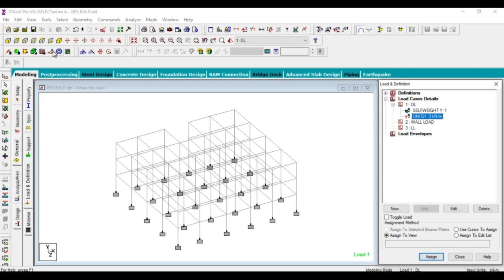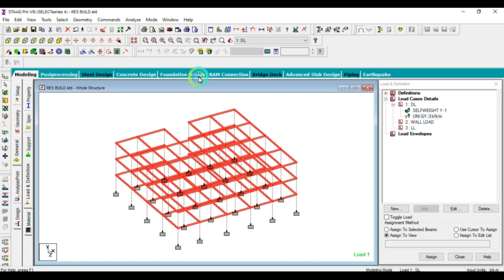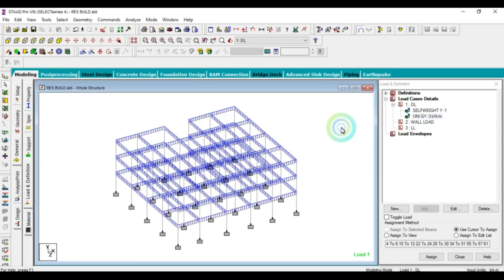Select uniform force, set the structure in any side view, front view or rear view, and select the beams of the structure. Then assign to the selected beams. After assigning the beams, it will be shown like that.